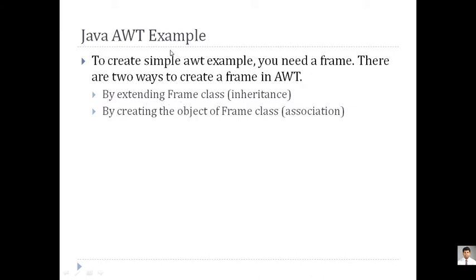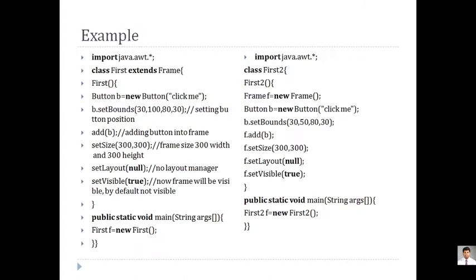One thing you have to keep in mind whenever you go for an AWT example: the first thing you have to do is extend this frame functionality, then only the container will be present. And if a container is present, then only components will be added into this container. We'll have a demonstration of one simple example also. Now, whenever we write anything related to AWT, we have to import the package called AWT package. So the first line of the code is concerned with AWT classes and containers.